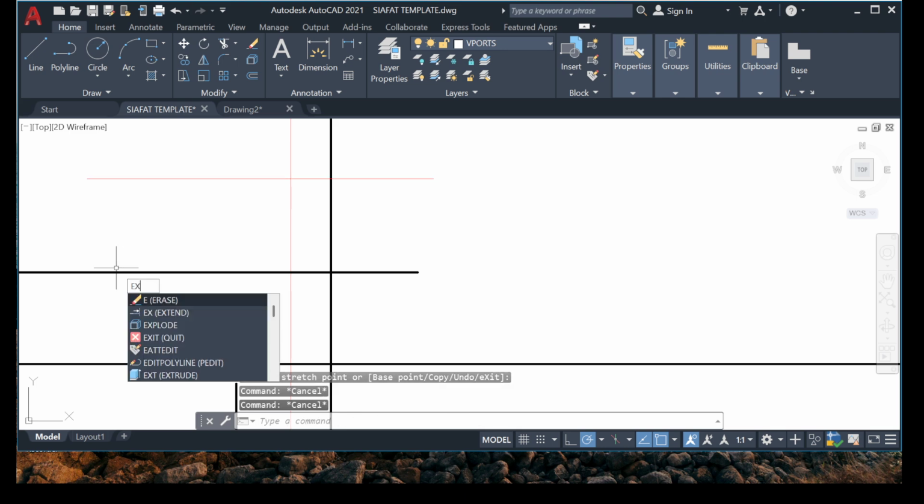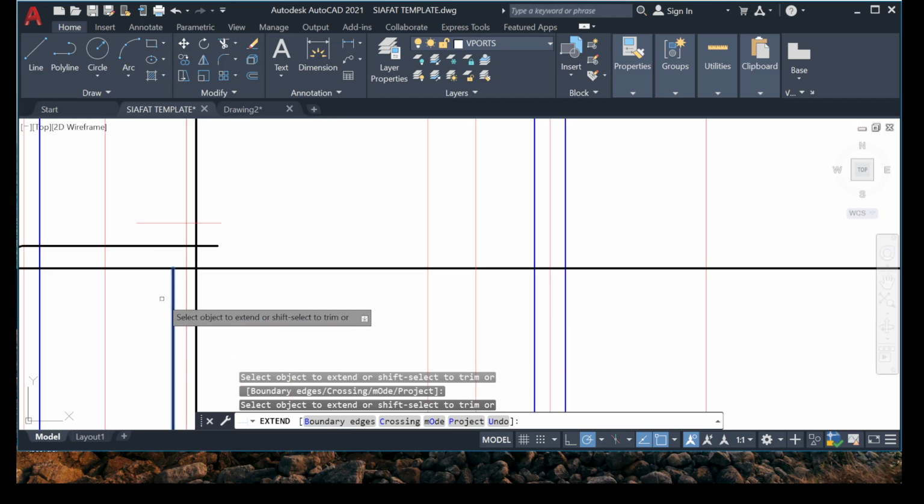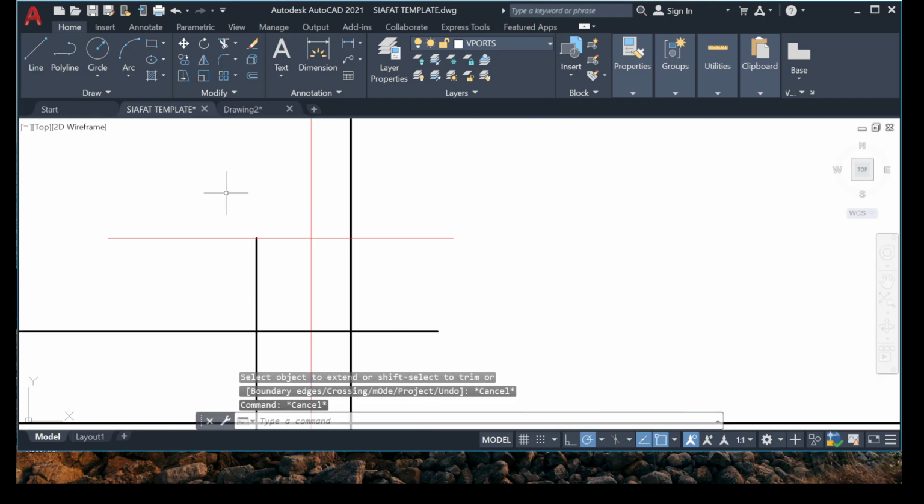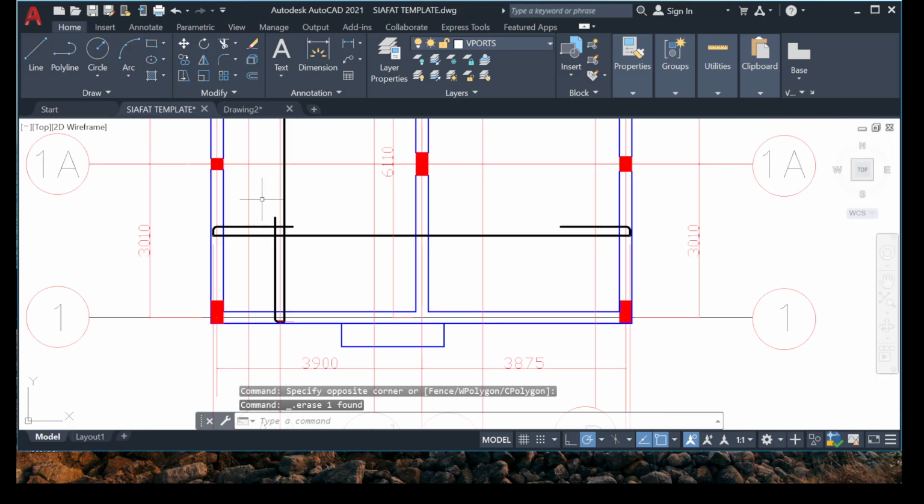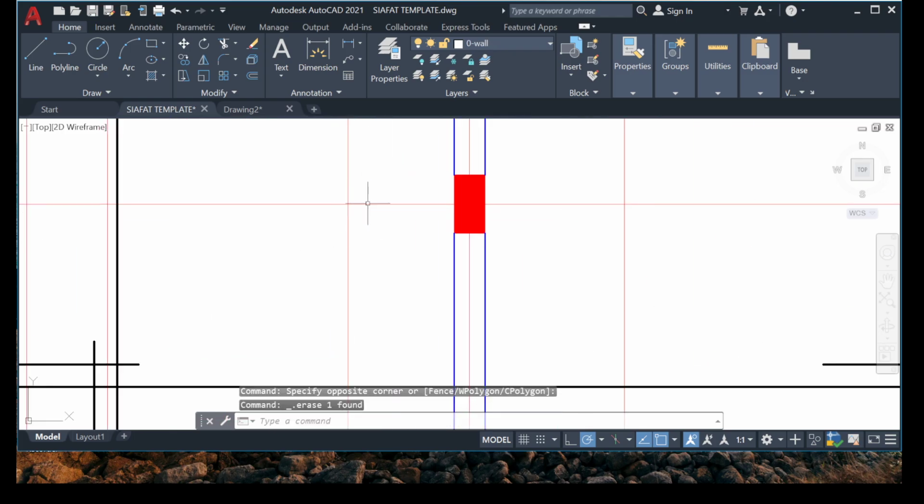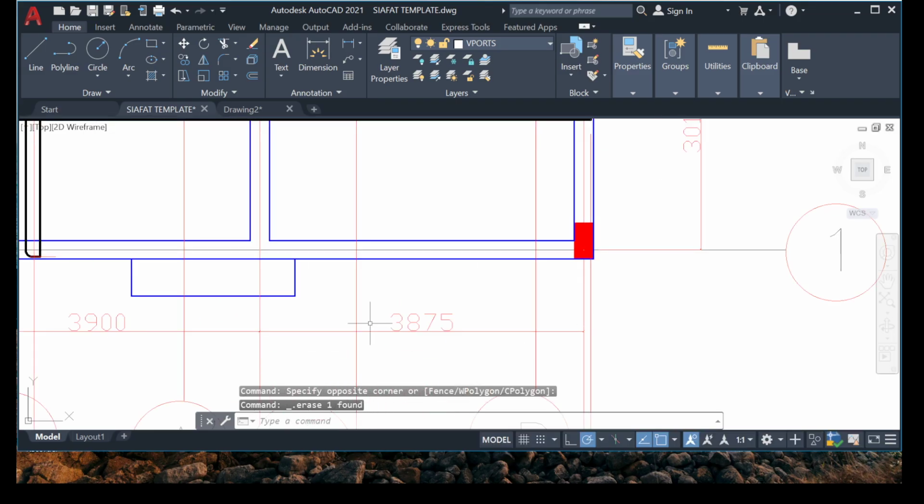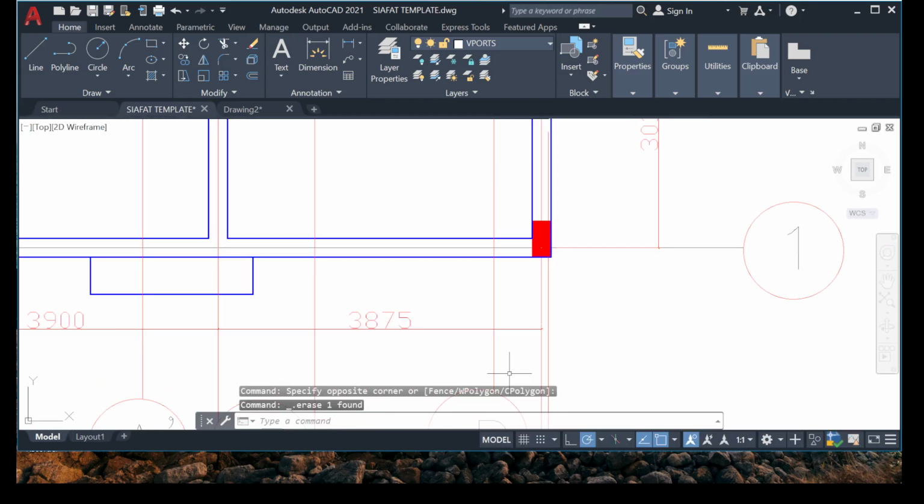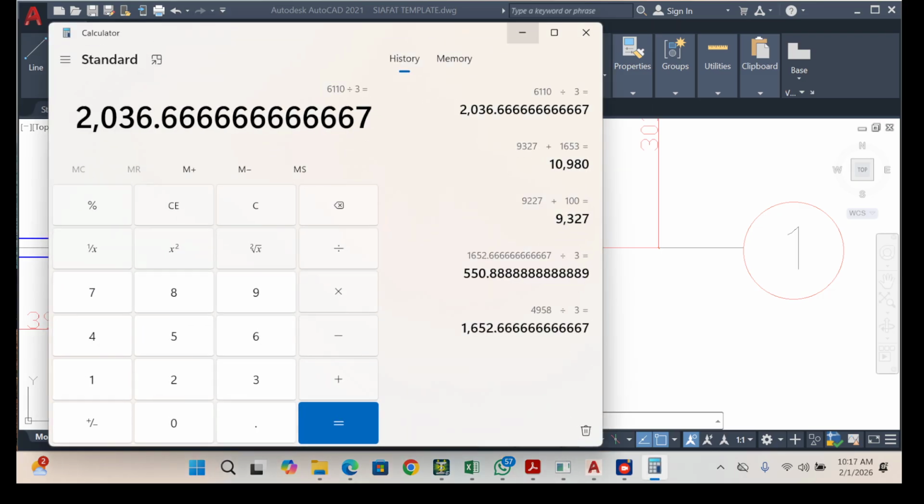So let's extend this. Yeah, very good. So that's 2036 for this. Now let's come to this. Let's get this. Then we can delete this. We don't need this again. Okay, this one is 3875. So for 3875, let's do